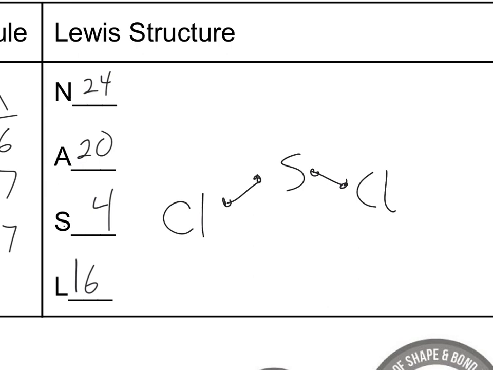Done. 16 electrons left over means I can put 6 on each of these chlorines, because only one bond on each chlorine means only 2 electrons there. They need 6 more anyway. That only gets me to 12. I've still got 4 left. I'm going to put those 4 on the sulfur, and you probably drew it something like this, okay, with one on the top, one on the bottom, which makes it look like a straight line if you drew it straight across. However,